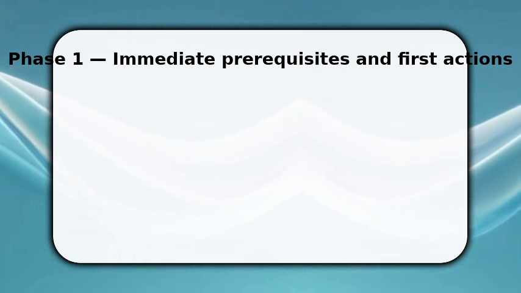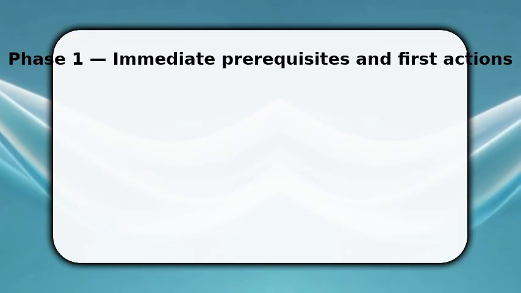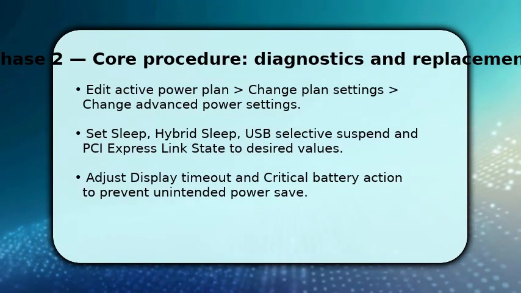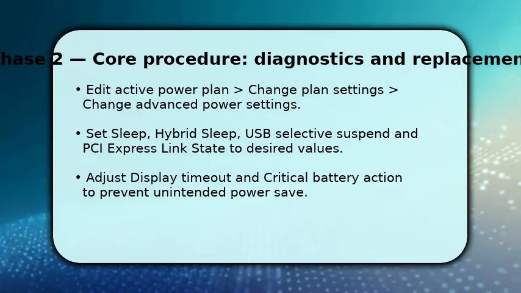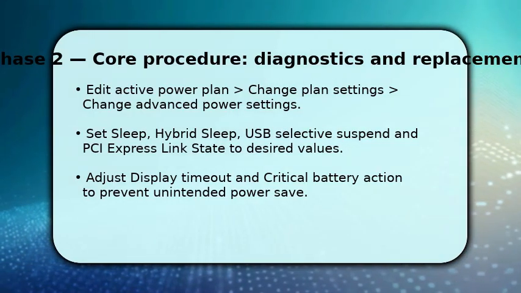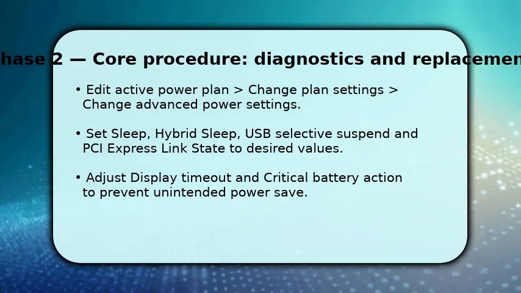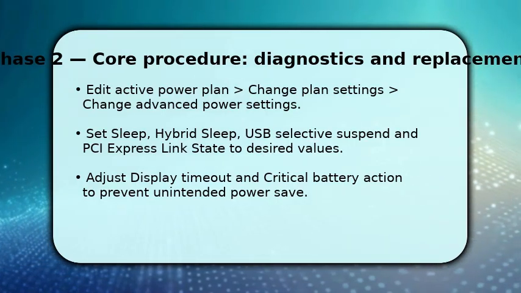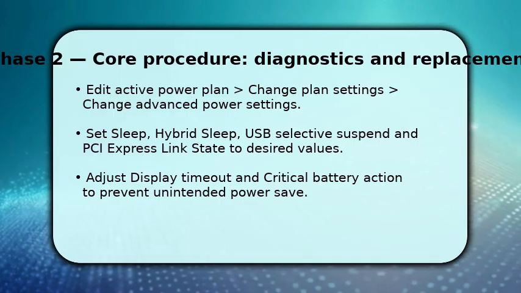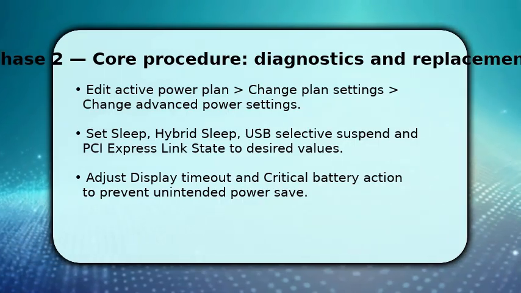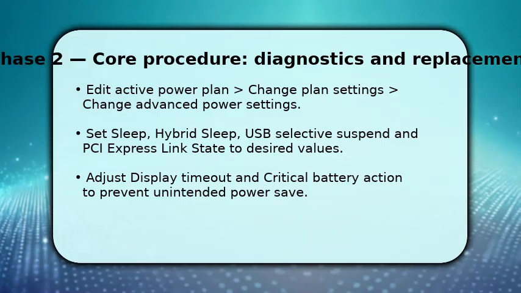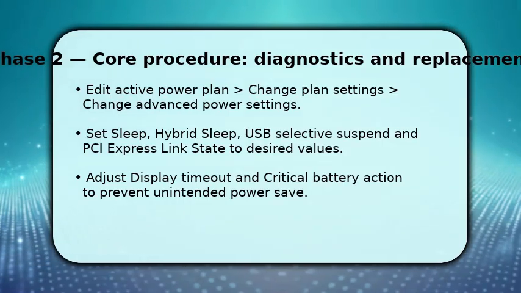You now dive into the advanced plan options to stop aggressive power save triggers. Open Change Advanced Power Settings for the active plan and expand sleep. Disable hybrid sleep and increase the sleep timer because hybrid modes can misinterpret hardware signals. Then, disable USB selective suspend if peripherals cause wake issues, and set PCI Express link state to moderate or off to prevent link down events. Also, make sure the display timeout